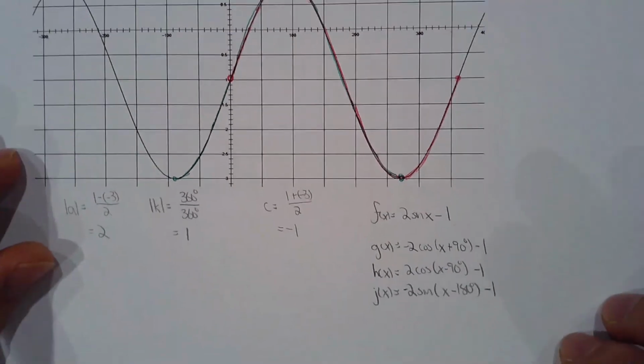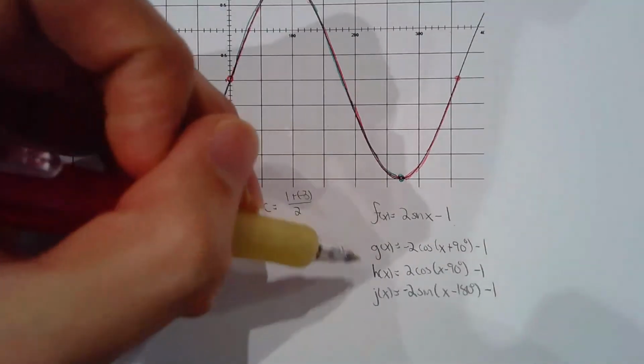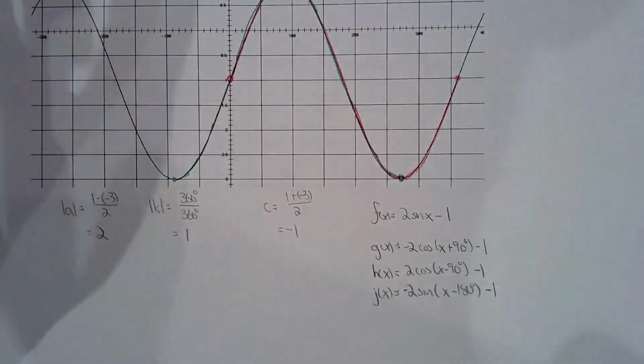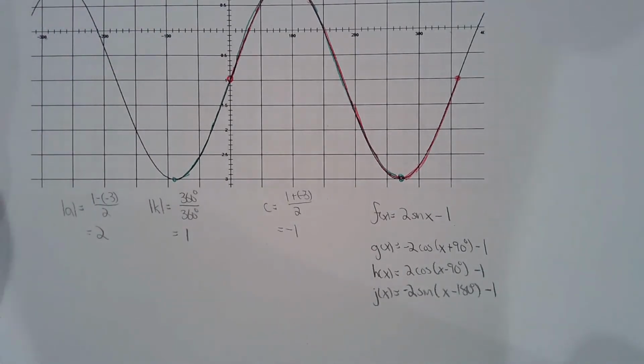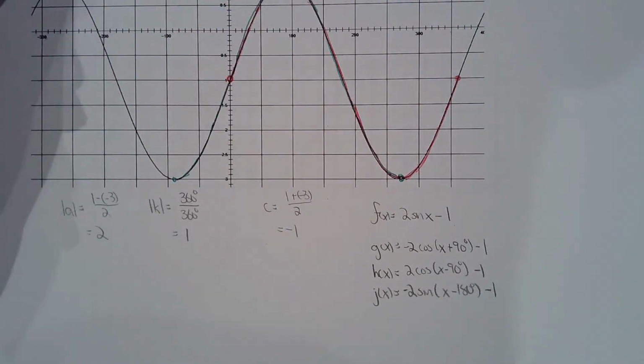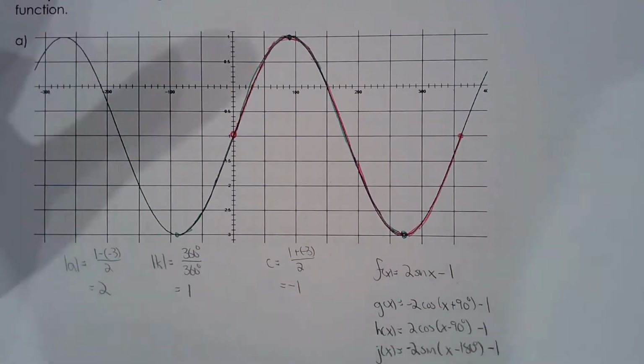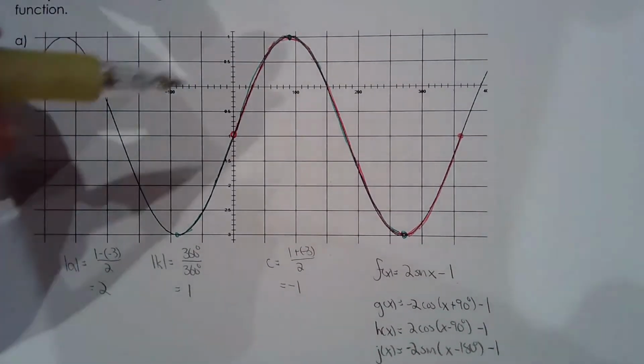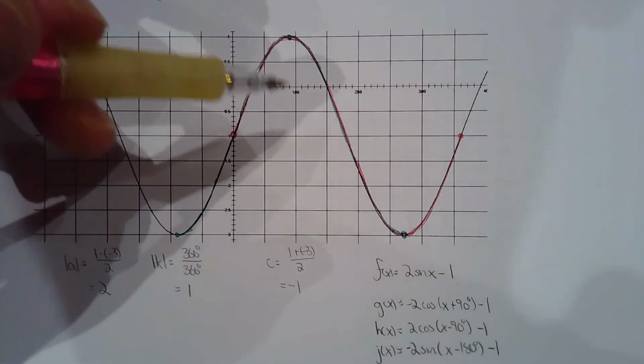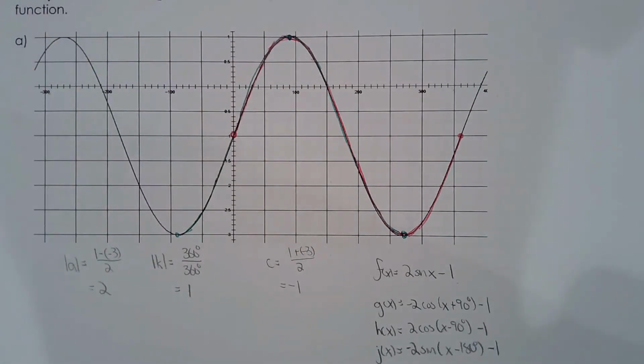Okay, so guess what? f(x), g(x), h(x), j(x), even though the equations look very different, they're all equivalent. They all represent this beautiful graph here. Because of the periodic, repetitive nature of this sine wave, you can pick an infinite number of starting points. There are truly an infinite number of starting points, and that's why I saved D